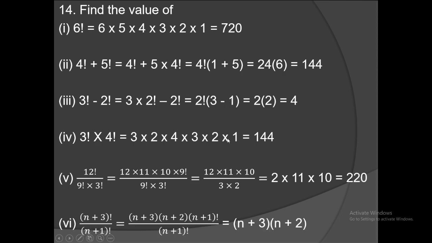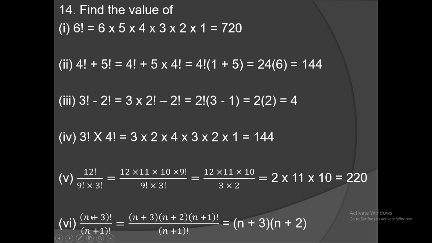Sum number 15. Okay, sorry, subdivision 6. Now n plus 3 factorial divided by n plus 1 factorial. So if there are no numbers, if you have a variable like this, first of all you must identify which is the biggest number. How can we find it? Substitute any natural number here.